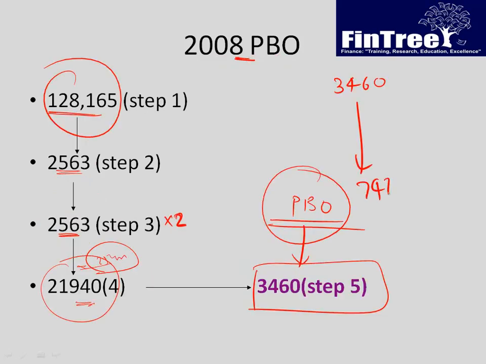So let's calculate the difference by which the liability has increased. The liability has increased by 4013. So this increase in liability of 4013 must be your expenditure, because the amount by which your liability increases